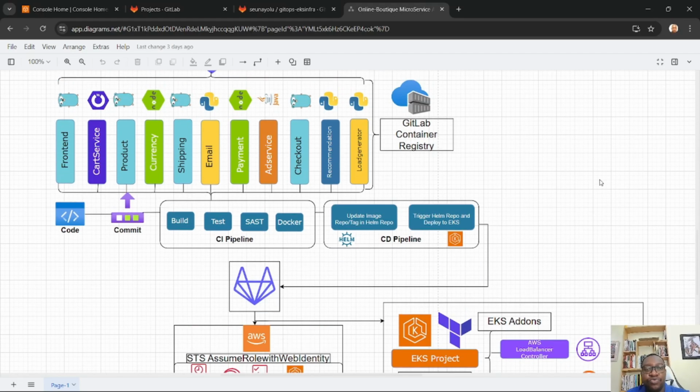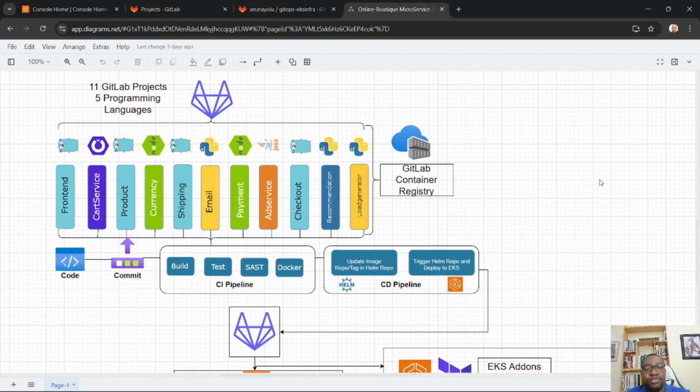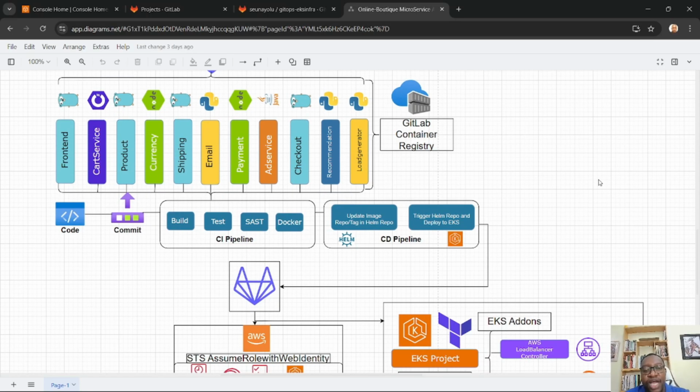runs. So far, we've looked at the microservice application, and we've seen all the 11 projects. I've walked us through the 5 different programming languages and what the pipeline looks like, and I believe that you can actually use that idea to build the other microservice applications. And we've published all the images into the GitLab container registry, and that is where Kubernetes is going to be pulling from in order to deploy